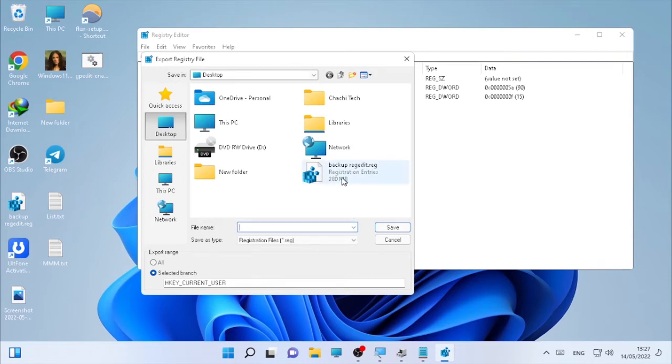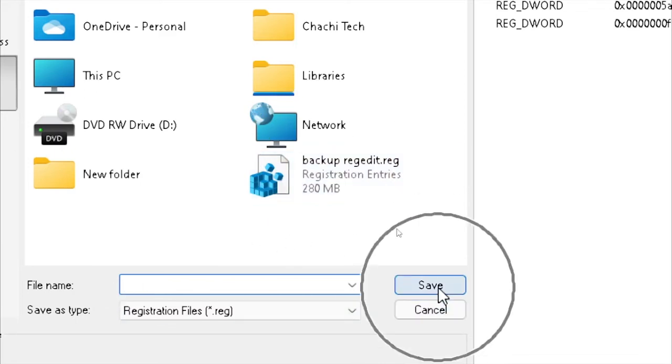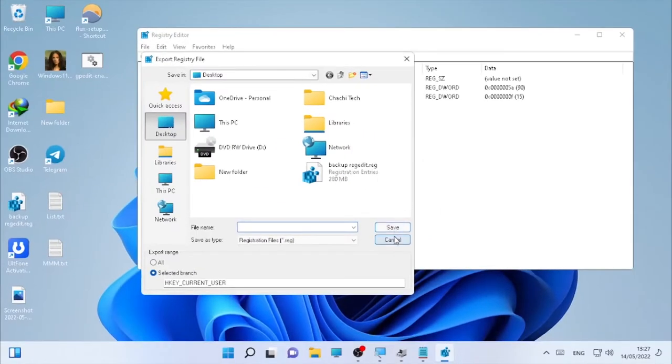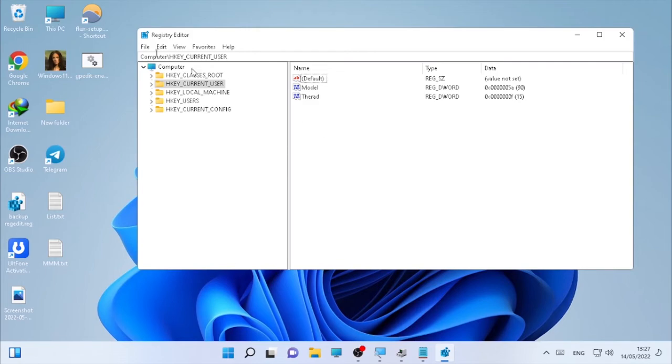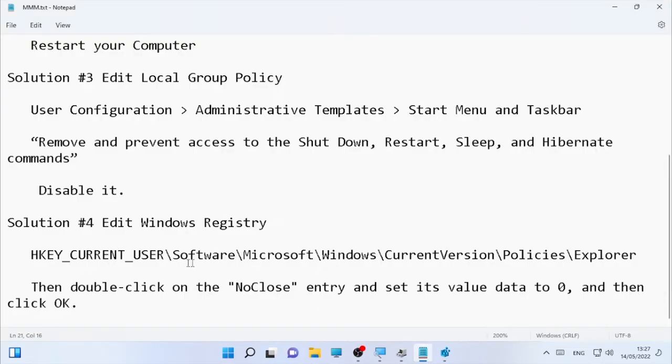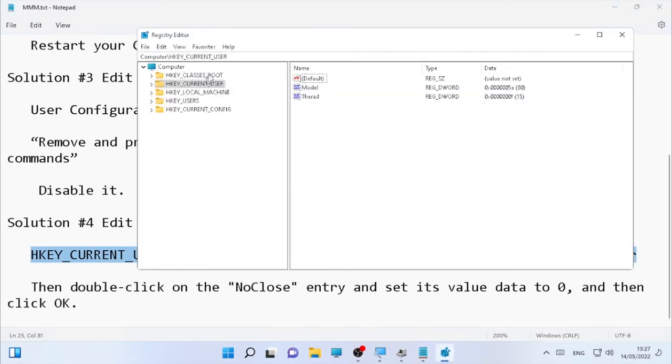You can get your backup in the registry editor. In my case, it's already backed up. So go to File and save it so it will be backed up, and anytime you want you can import it and get back to the previous registry. Under the registry editor, here I have some directory. Just copy this path, paste it into your registry editor path